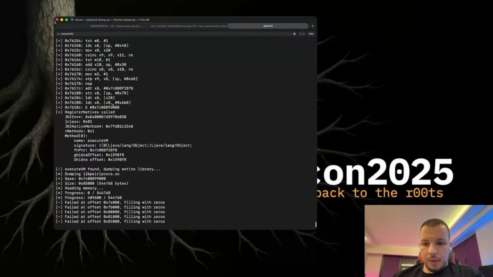So yeah, first of all, we need to register native point, and we found this JNI environment offset here. The J class parameter is here. After that, we use the register native offset to find the execute VM method. The execute VM method is registered by register natives, at the 0x1598F8 offset. So we know where the real call of execute VM is, and after that we dump this